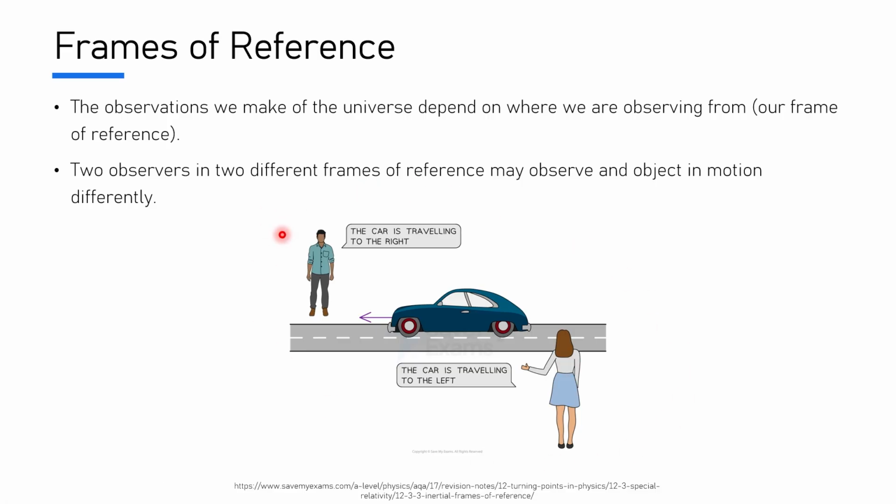So in this scenario here, what we see is a car traveling down a road and there's two observers, one on either side of the road. Now in this scenario, they might measure the speed of the car to be the same, but their velocity could be measured differently. This observer observes a car traveling to the right, whereas this observer observes a car traveling to the left. A solution for this discrepancy is to use directions like cardinal points rather than describing direction based on the person's frame of reference and the location from which they're observing.